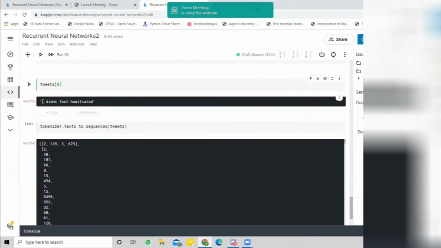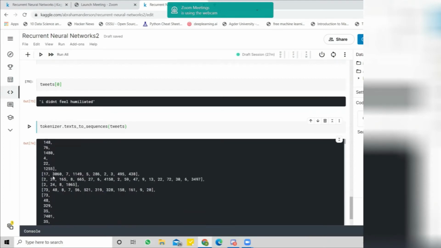For example, I is represented by number 2, didn't by 139, feel by 3, and humiliated by 679. The second tweet is very long, so this list is very long, and this is the third tweet, this is the fourth, and so on.